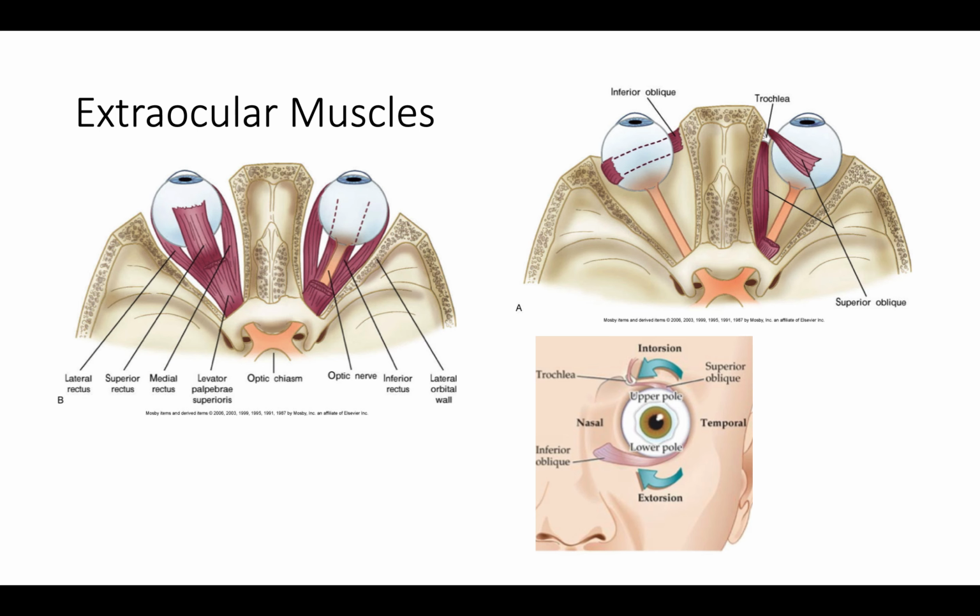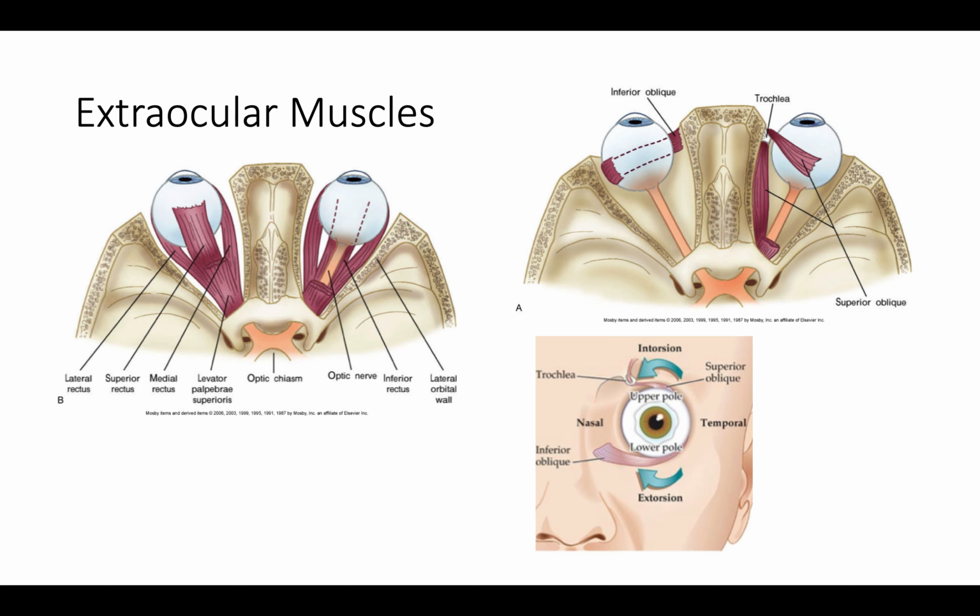Thought I would really quickly talk about the eye muscles just in case there's any confusion, and I know it can be pretty confusing. So I first wanted to just note that the superior oblique and the inferior oblique are working sort of to intort and extort the eye, so it sort of moves it sideways. So basically, if I were to